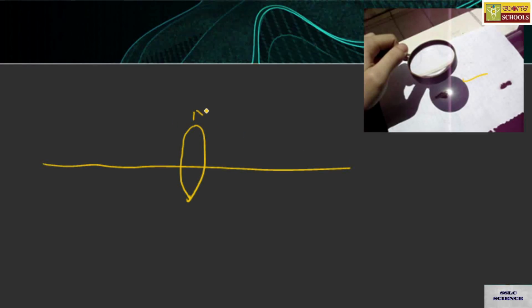This is simple. First you need to plot a convex lens, then you assign the principal axis like this. This is your lens MN, convex lens. I can plot like this. By that I can assign the optic center O, and this will be the first principal focus f1, and on the same distance on this side, that will be f2.